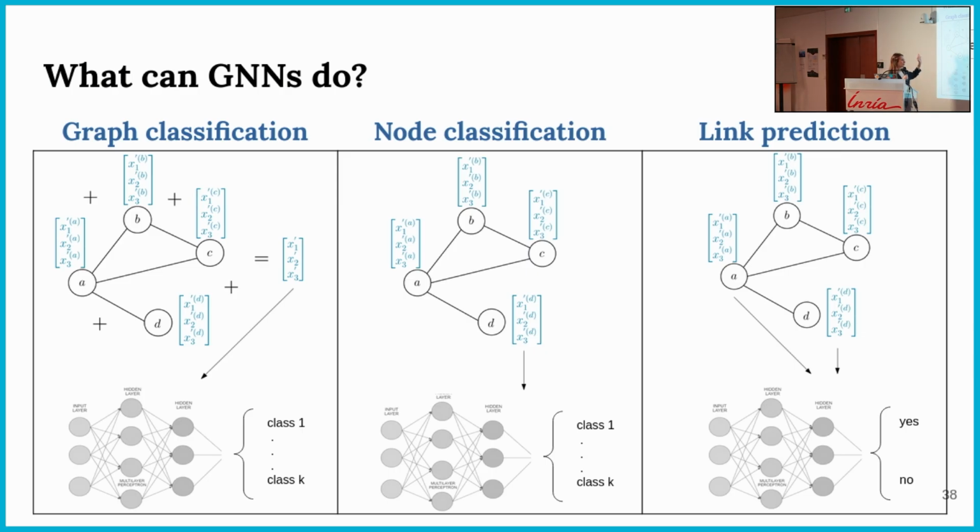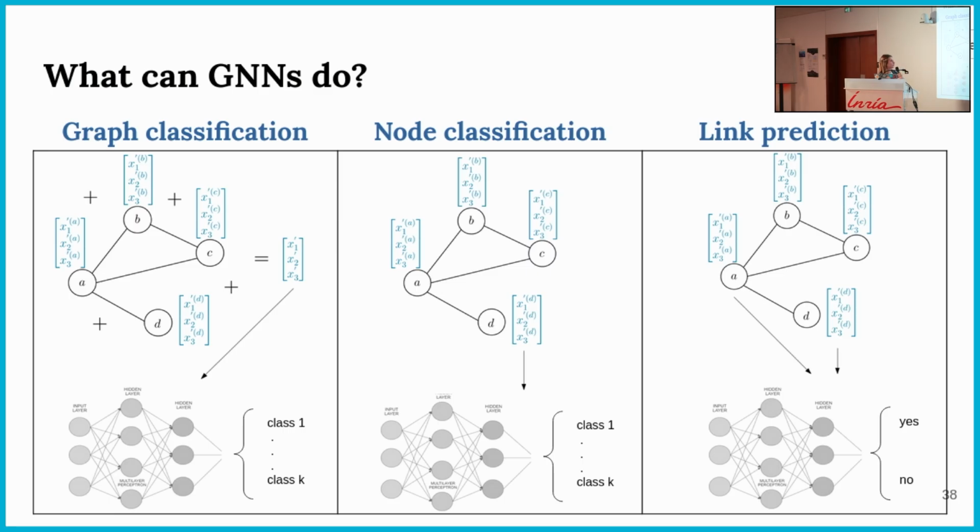We apply the message passing procedure several times to update all the information. And then we sum everything together to have just one vector, called the graph embedding, that is given as input to a multi-layer perceptron,